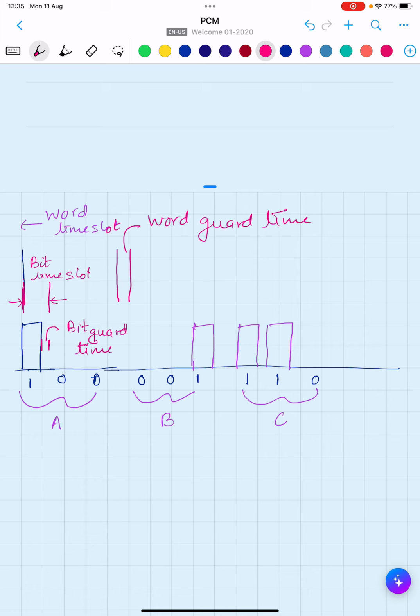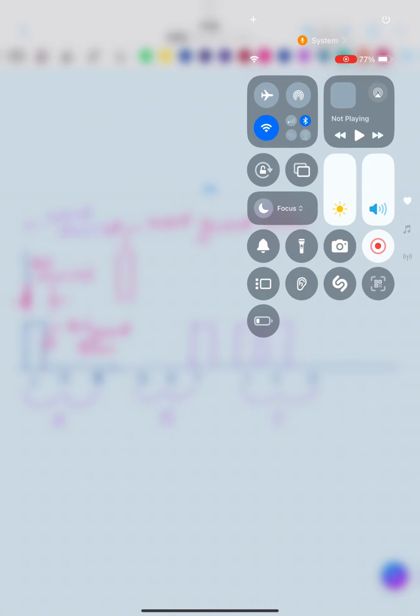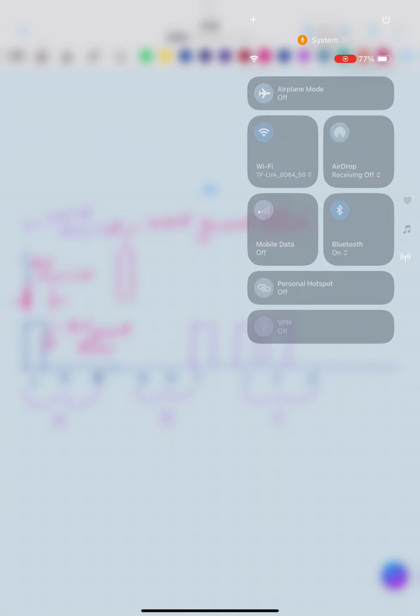Now, the major advantage of PCM system is that the information does not lie in any property of the pulse. The information